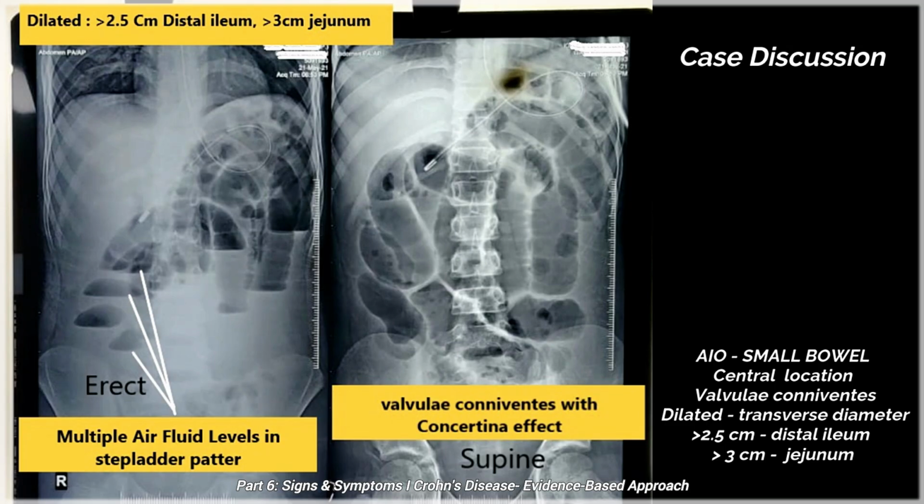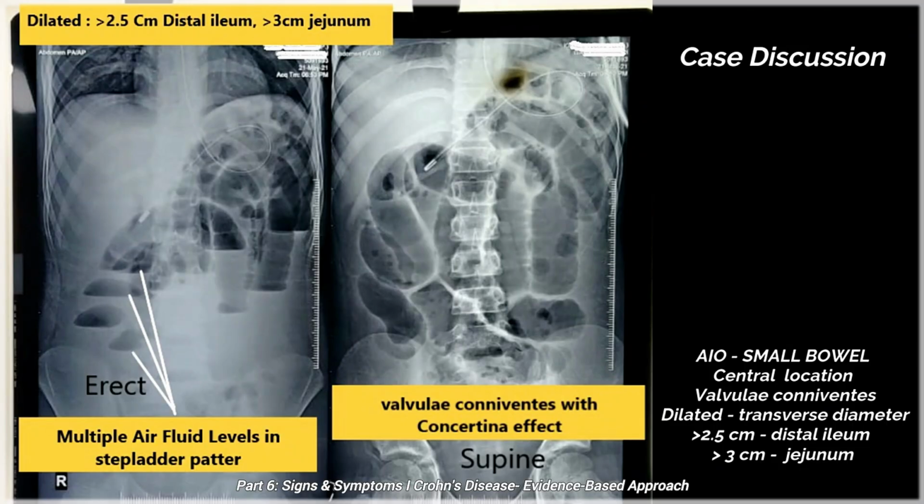The X-ray abdomen standing on the right side of the screen shows multiple air-fluid levels in a step-ladder pattern, which is characteristic of small bowel obstruction. The bowel loop is considered dilated if the ileal diameter is more than 2.5 centimeter or the jejunal diameter is more than 3 centimeter. And in the supine view on the left side of the screen,